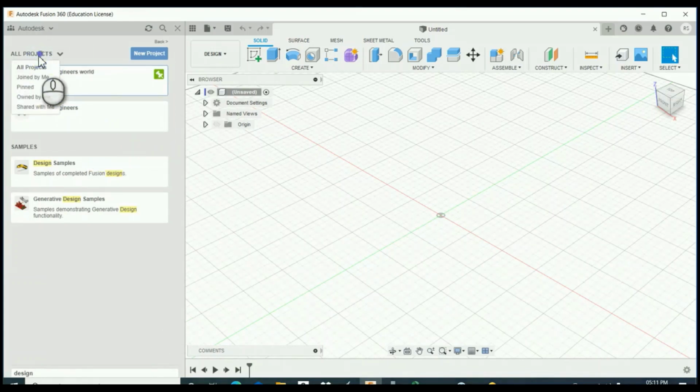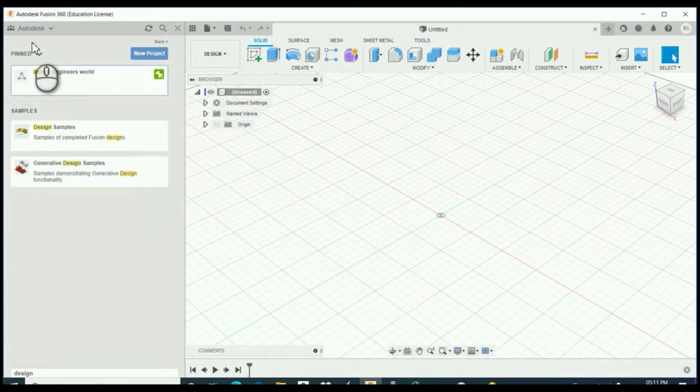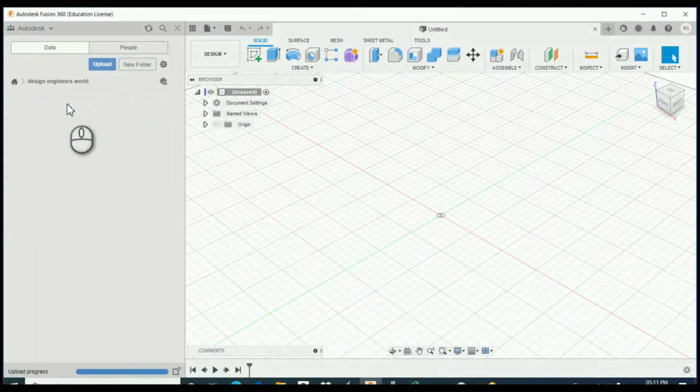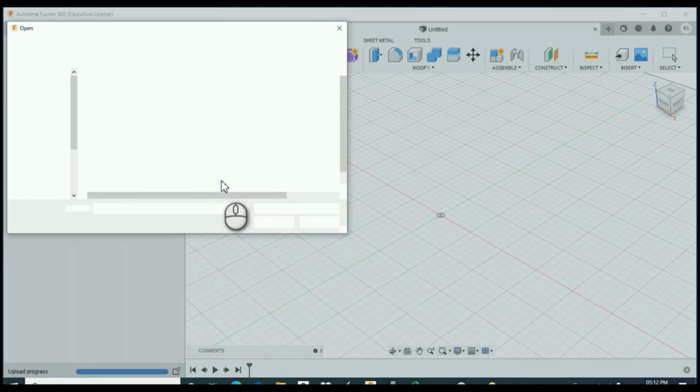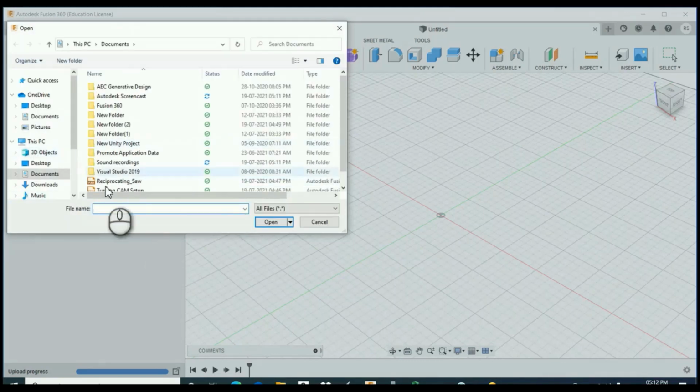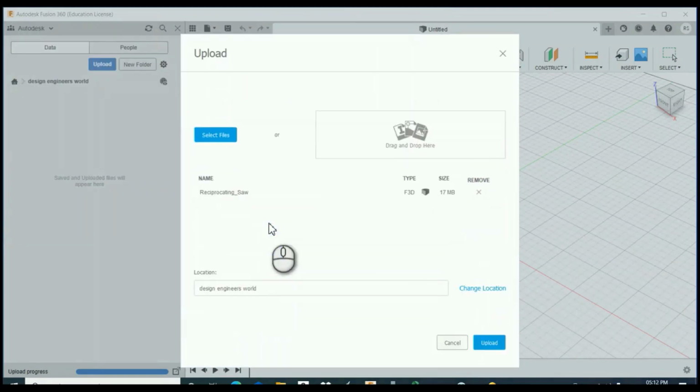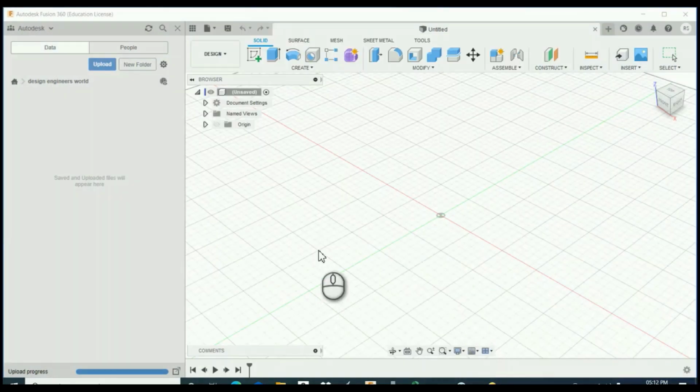So pin the project. After that, go to pinned projects. In this, the project is highlighted, and then double click. After that, we first upload a design. Click select files, open, upload.